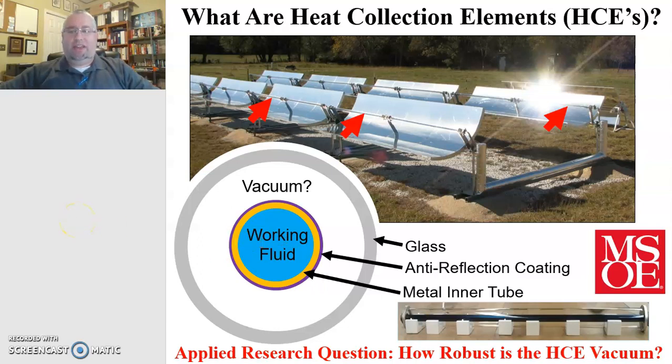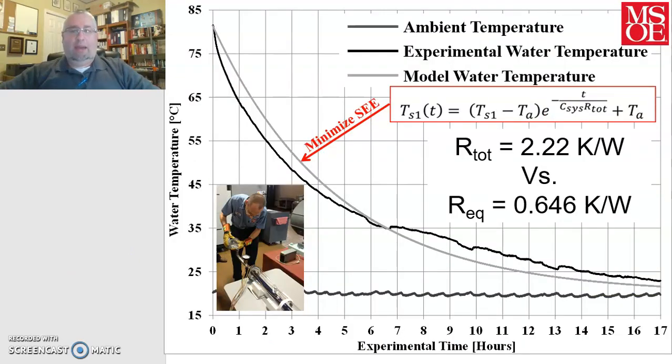The issue, though, is that these heat collection elements were not performing the way that they should. And the thought was there needs to be a vacuum maintained between the inner tube and the glass to prevent heat transfer from the hot inner surface back out to the outer surface here. And we thought that the vacuum might be fouling for these heat collection elements. And so as part of a capstone senior design project, we developed this really neat